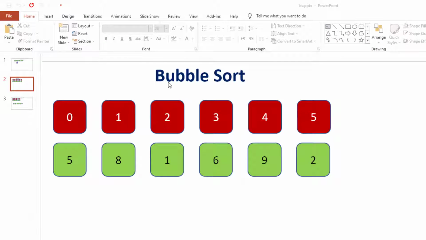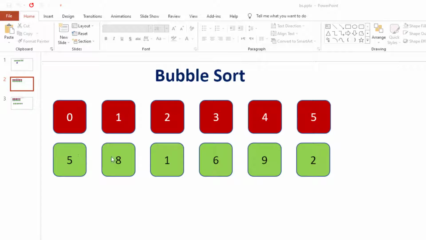Okay, in this video we will see how the logic behind the bubble sort works. The logic is very simple. We have this array of values. We are going to start from left to right. It can also be from right to left, but for now we will start from the left side and go to the right side. The only thing that we need to do here is to compare the two adjacent values